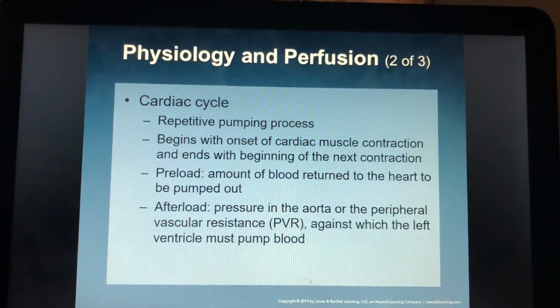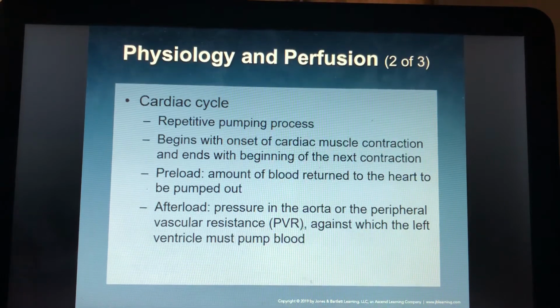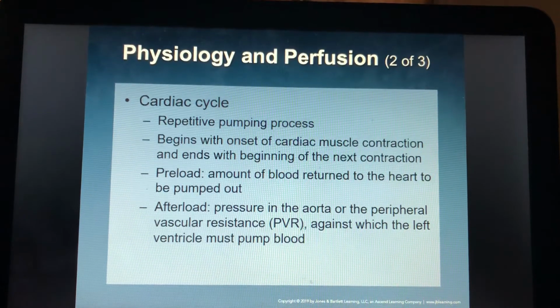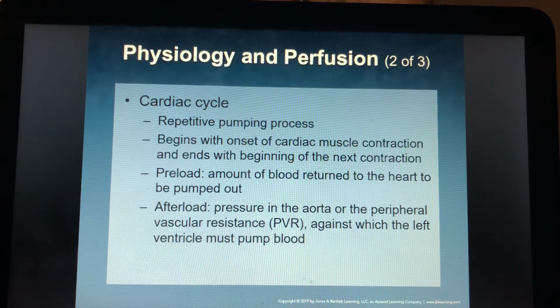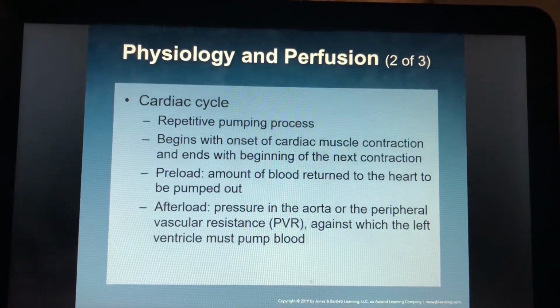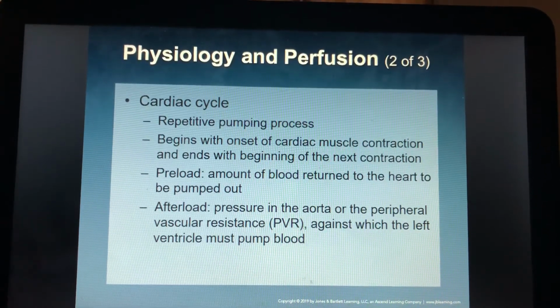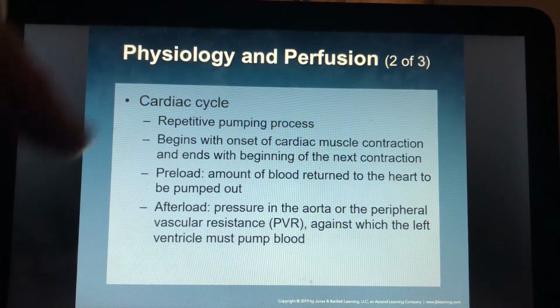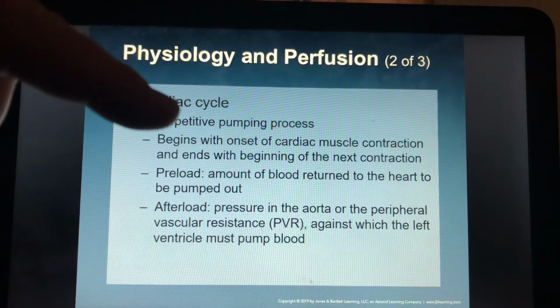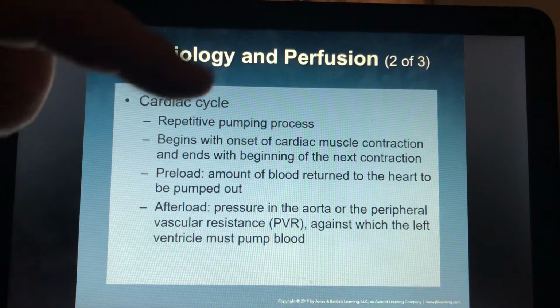And how they generate, or what is considered to be preload, is the amount of blood that returns to the heart. So if you're getting good preload, that means that you're preloading the heart. Remember, the atria are there, they do contract, but really the ventricles fill on what's called passive filling, meaning that it comes in from the venous side, whether it be pulmonary or from systemic, from the vena cavas, and it actually just kind of fills, and the valves between the atria and the ventricles are open, and the